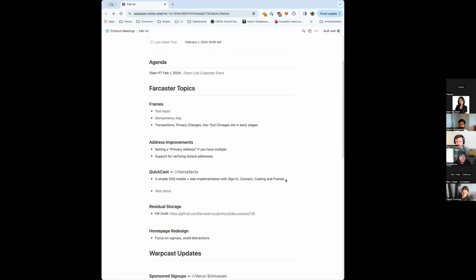Cool. Second big change, we're going to support verifications for Solana addresses soon. Long term, we just want verifications to be a standard where you can verify your ownership across any chain. So this unlocks a bunch of things where you can add other addresses as well. No timeline on that yet. We're still working through some final details, but hopefully by the end of this week or early next week, we'll be able to ship it.